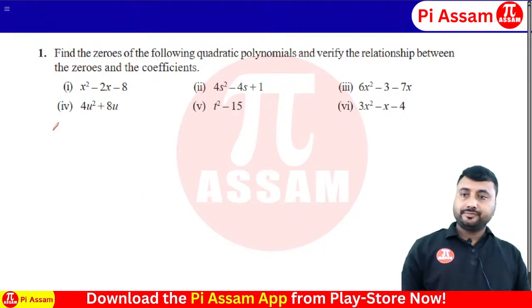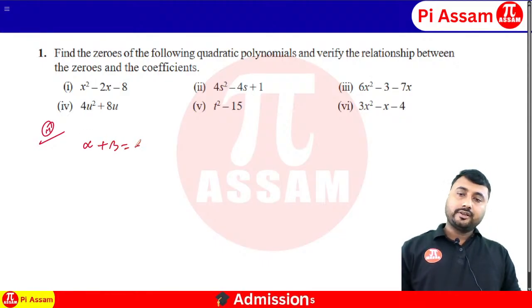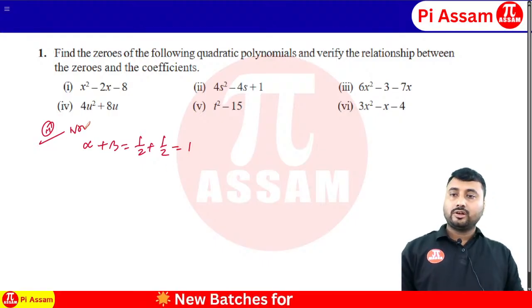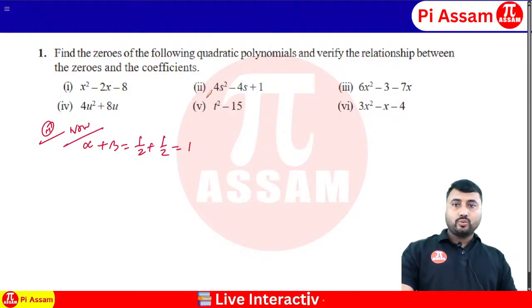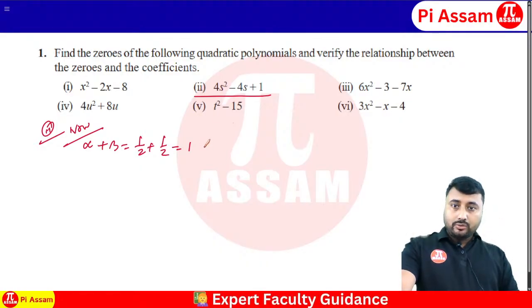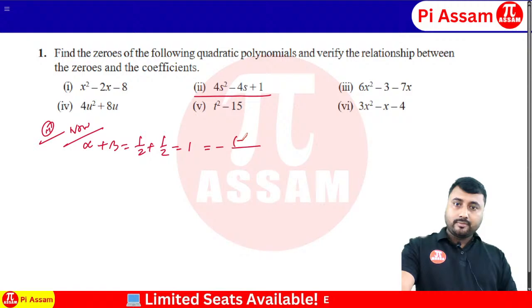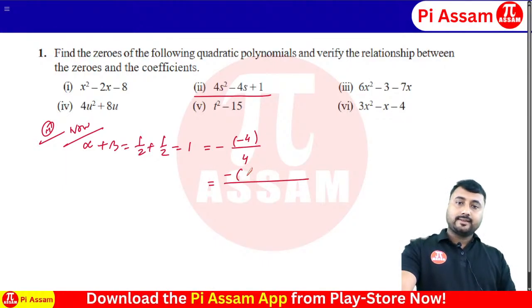So therefore we can write alpha plus beta is equal to half plus half, which is equal to 1. Now what is the equation? This one, 4s square minus 4s plus 1. So we can write here minus 4 by 4, so the minus and 4 cancel out, it will be 1. So which is equal to minus